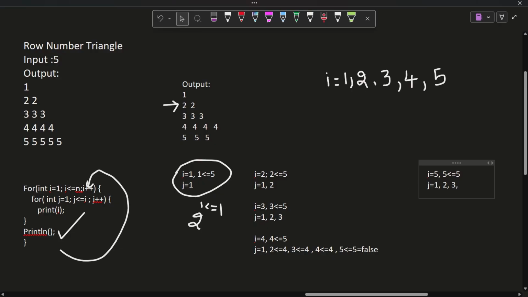Next, the j value is 4. 4 less than or equal to 5, the condition is true. Right? So the value of i is 5. Next, 5 less than or equal to 5, the condition is true. Right? So in the fifth row, it will print 5. Right? Now, when j is 6,